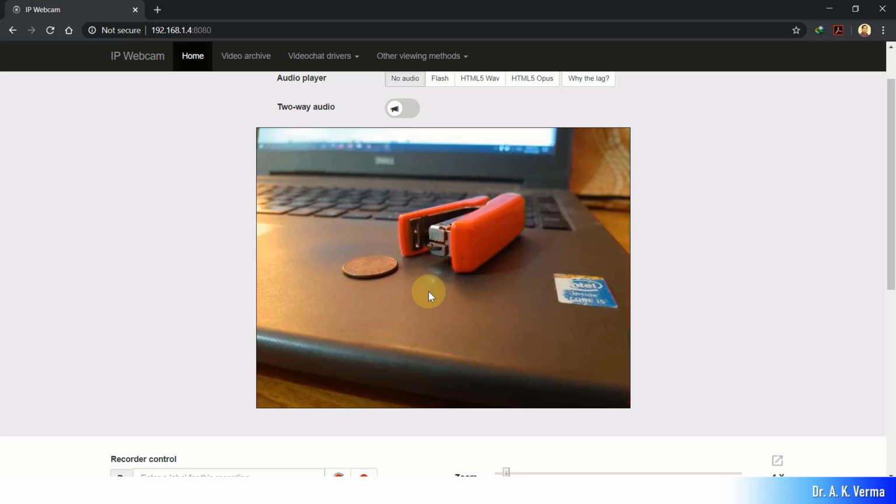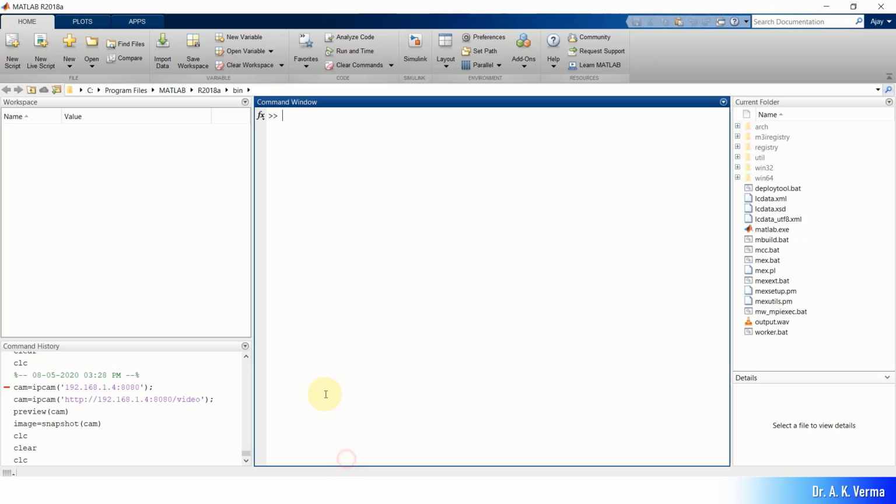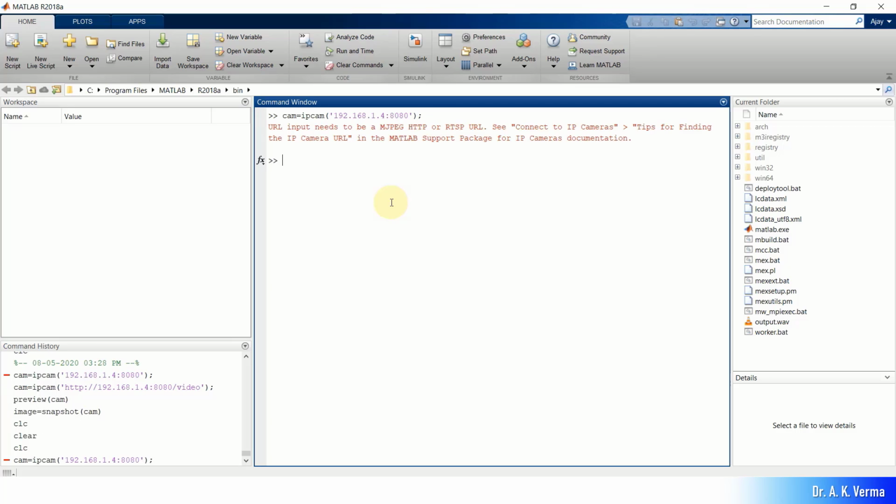Now I will show you how you can access this live video stream in MATLAB. For that, let me open MATLAB. First I will create the camera object with the IPcam. I will put the same address here. That was 192.168.1.4 and colon 8080. That was the port address. Okay, let me press enter, but this is giving an error, and it says that the URL input needs to be the MJPEG HTTP. I mean it is not able to connect to that remote camera, so there is a problem in the